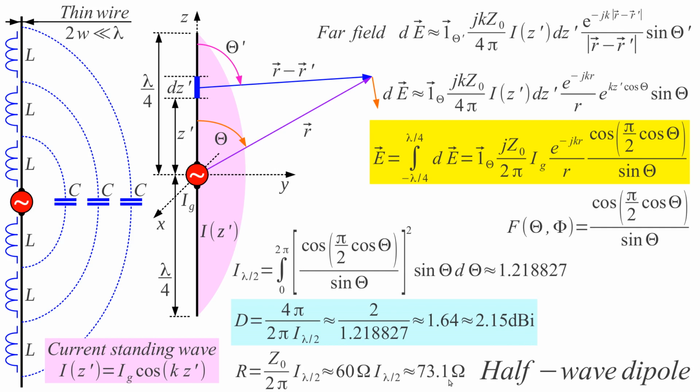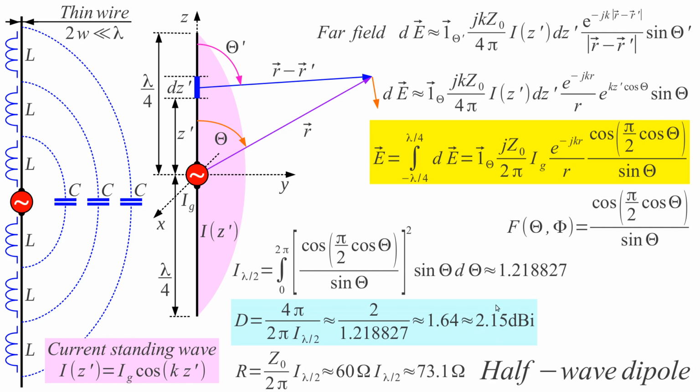This radiation resistance, 73 ohms, is something that can be easily matched to any generator. This radiation resistance is much larger than the ohmic resistance of the wire, so such an antenna will have a high radiation efficiency. Usually 99% is a typical figure for a half wave dipole. So this is an antenna I can build in my lab and use for measurement, and that is the reason why this